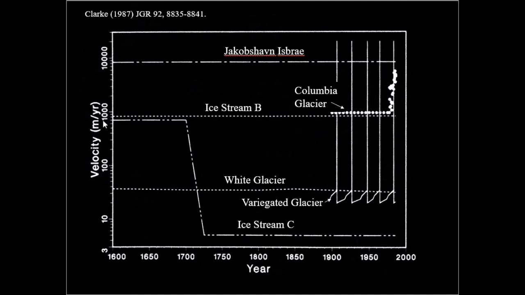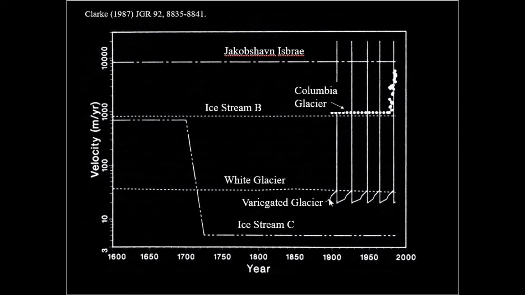Other glaciers, for example, looking here at Ice Stream B in Antarctica, have much higher flow rates. Others, such as Jakobshavn, even higher. And it is possible for these flow rates to change over time. Look at another of the Antarctic ice streams, Ice Stream C, which appears to have switched off at some point and transitioned from this fast flow regime into virtually a stagnant regime, but a very slow flowing regime since about that time. And finally, look at the Variegated Glacier here, which fluctuates extremely between having flow velocities of the order